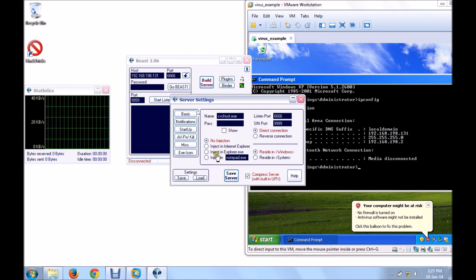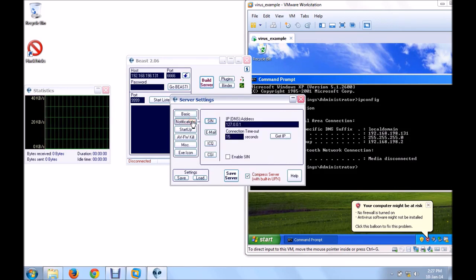And here are the options. Do I want to inject it in Internet Explorer, or in explorer.exe, or in notepad.exe? I want the Trojan to reside in my window or reside in my system. There should be direct connection and reverse connection. The port number. And there are many options.